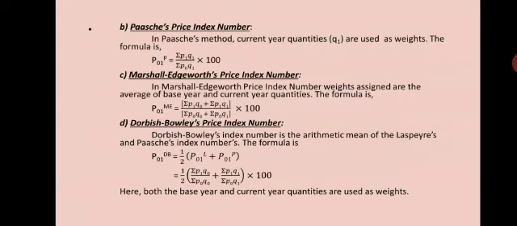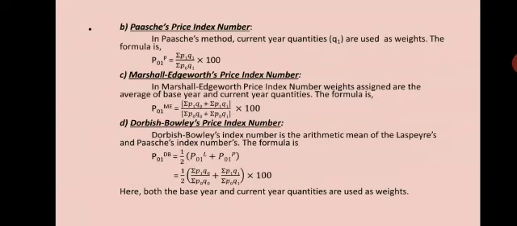The fourth method is Dorbish-Bowley's price index number. Dorbish-Bowley's price index number is the arithmetic mean of the last year's and past year's index numbers. The Dorbish-Bowley's price index number formula is